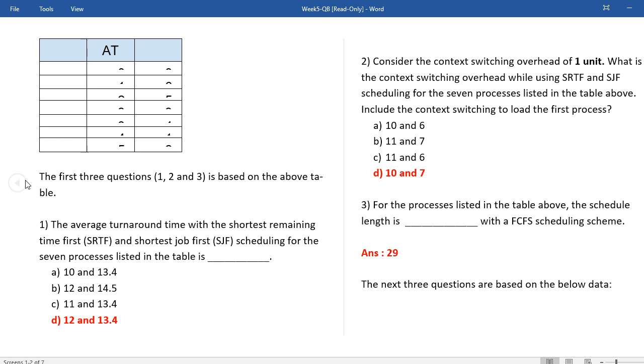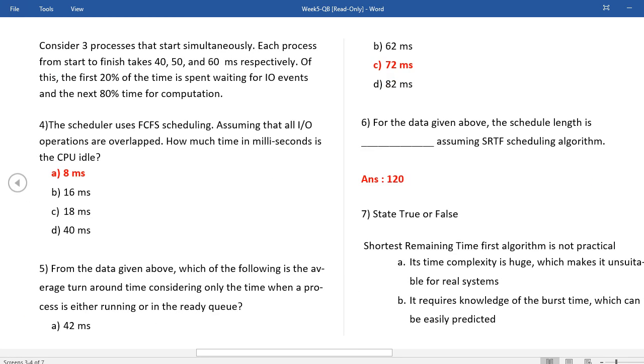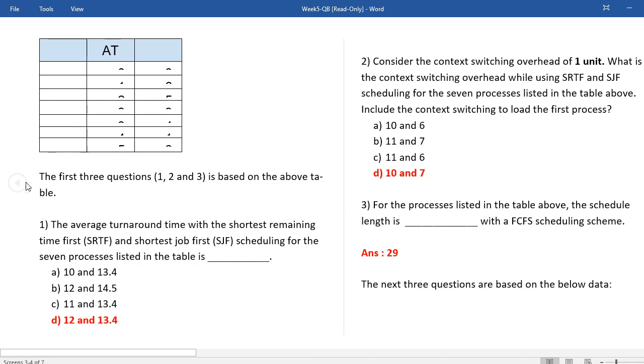Scheduling. The question over here is about the first come first serve scheduler. Sorry, question 3. For the process, schedule length. Okay, scheduler length, the length of scheduling. So yeah,